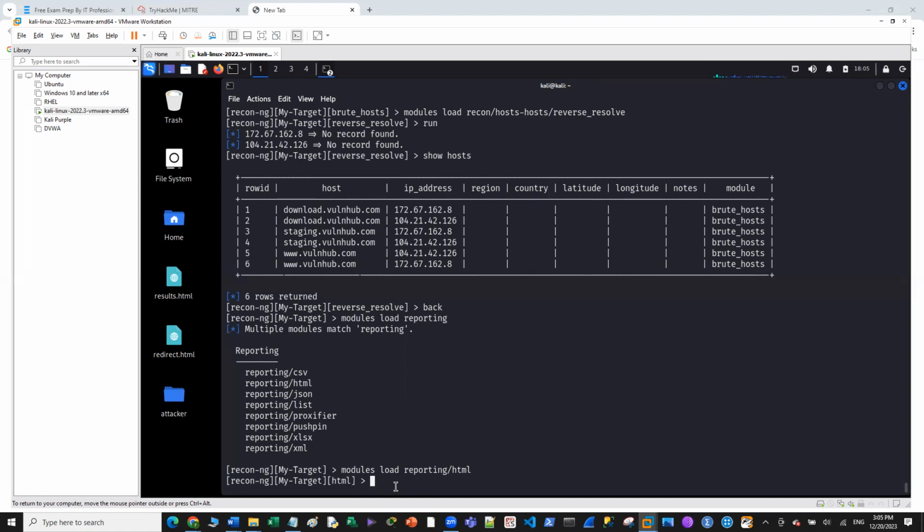Okay, and now I'm gonna assign the values for creator, customer, file name, everything, so it is shown neatly on my report, right? In order to do that, I'm gonna type options set, I go with the file name,